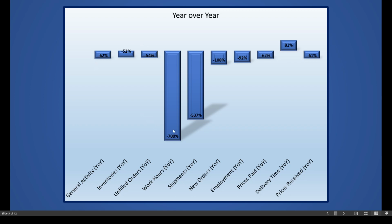Work hours down 700% on a year-over-year basis. Shipments down quite a bit as well. Everything else, well, it's a volatile number to be certain, but the delivery time is really the only positive spot